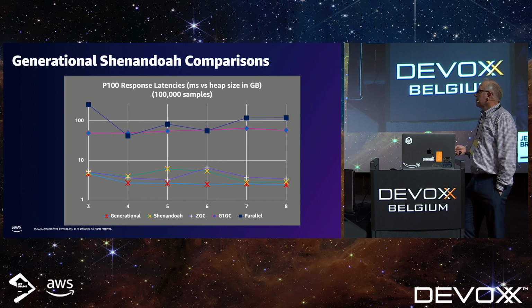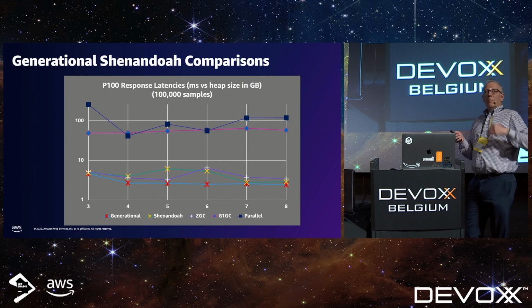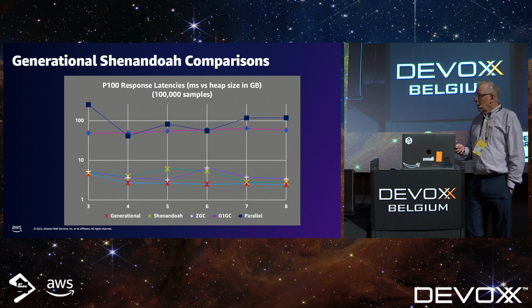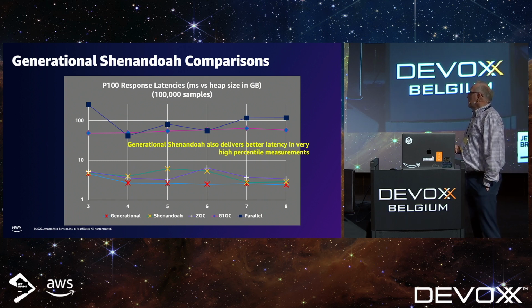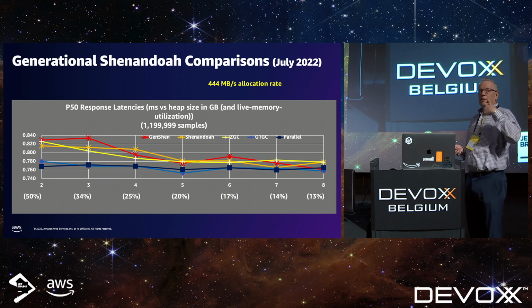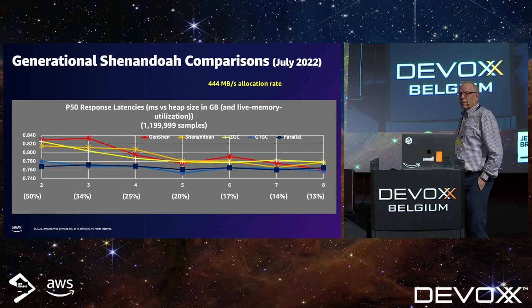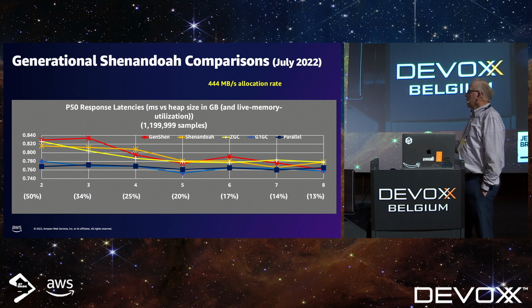And then at P100, so maximum observed times with 100,000 samples, we see very good Generational Shenandoah beating traditional Shenandoah and the alternatives. We've done a variety of experiments. I'm clearly not showing you all of them, but here we have